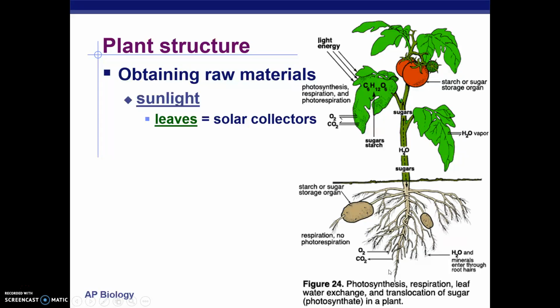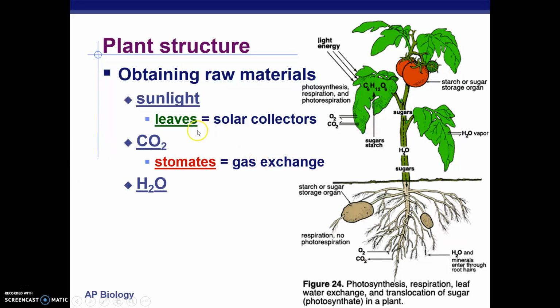So here are the structures that allow plants to do so. Their leaves are the solar collectors. The carbon dioxide comes in through those leaves, through the stomates in those leaves. Water, of course, comes in from the roots, uptake from roots. Water is absorbed by the roots, and then it goes all the way up to the leaves where photosynthesis takes place. Now water travels